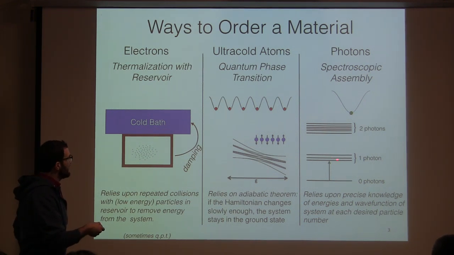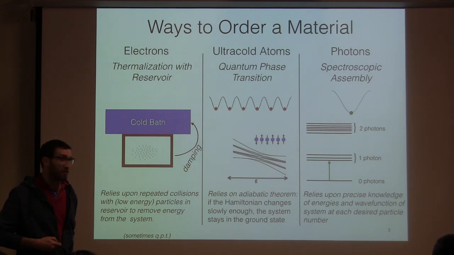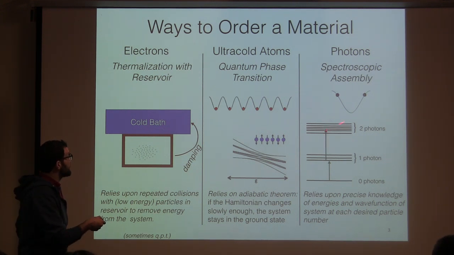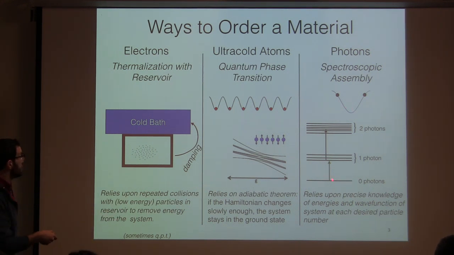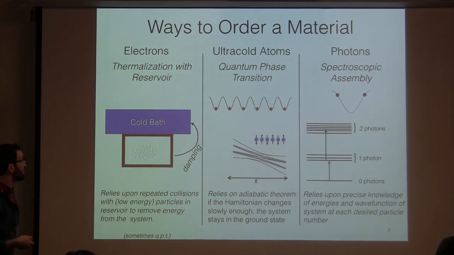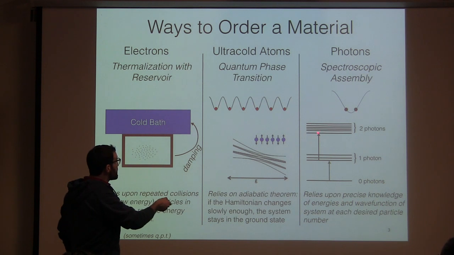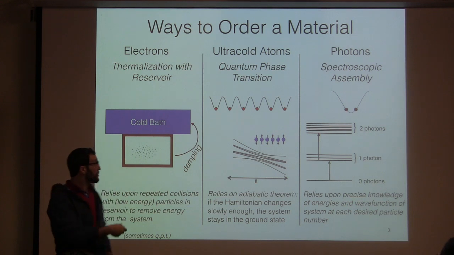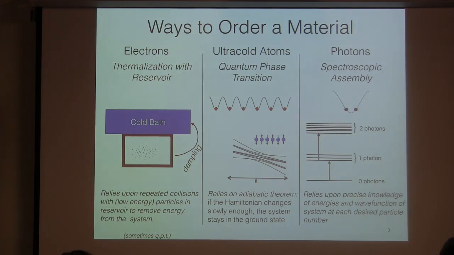Well, now I can ask, what happens if I try to inject a second particle? If I inject that second particle at fairly high energy, well, the point is my particles are repelling each other. So now, when I put in this second high-energy photon, I end up in a final state where the two particles have repelled each other and moved out of the trap. If I put in this second photon at slightly lower energy, I end up in this two-particle state that's slightly lower energy, and if I put in my second photon at this lowest energy eigenstate, I end up in this lowest energy crystalline state. Okay?